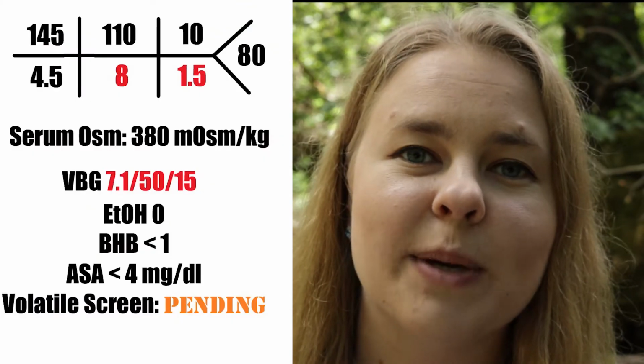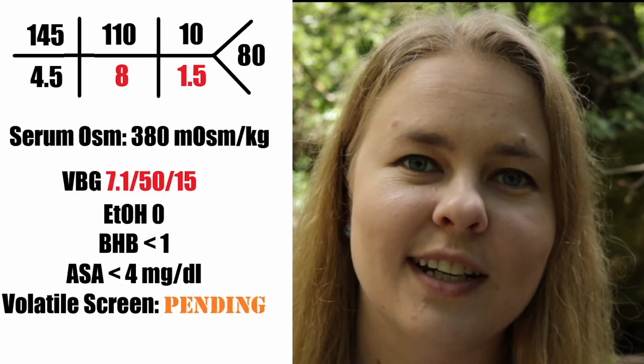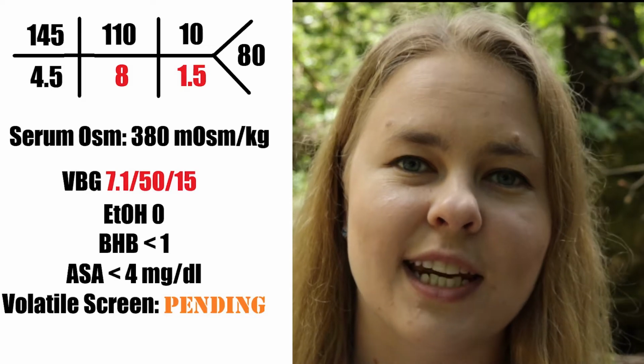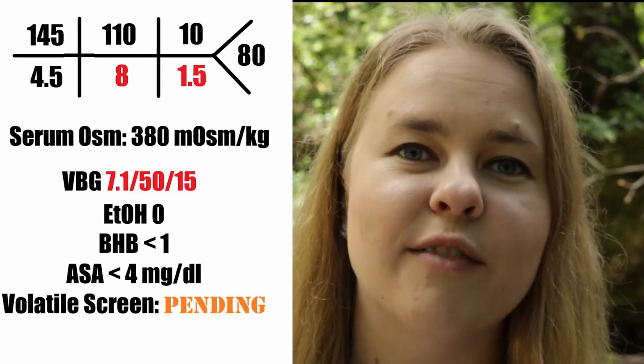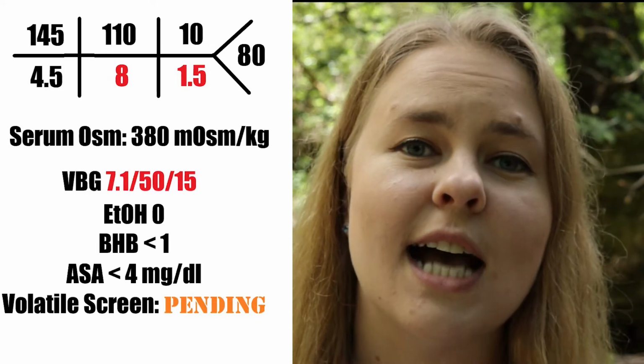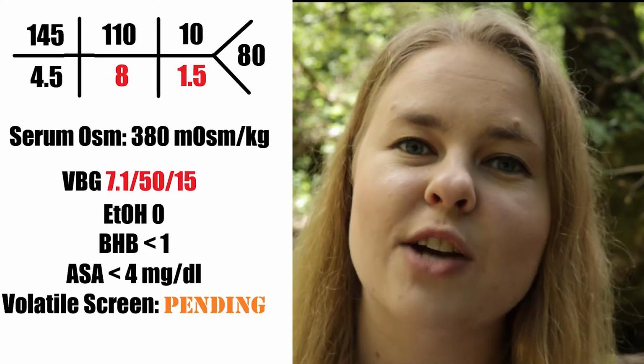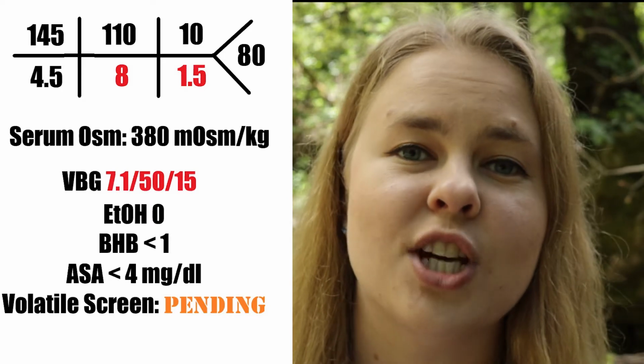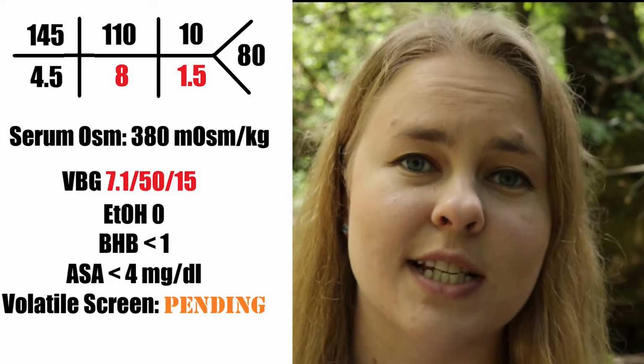You get some basic labs. You notice right away that his bicarb is low and his creatinine is elevated. His serum osms are 380. His CT head does not show any kind of brain bleed. His VBG suggests a metabolic acidosis. His alcohol level is 0, his beta-hydroxybutyrate is less than 1, suggesting that he's not in alcoholic ketoacidosis, and his